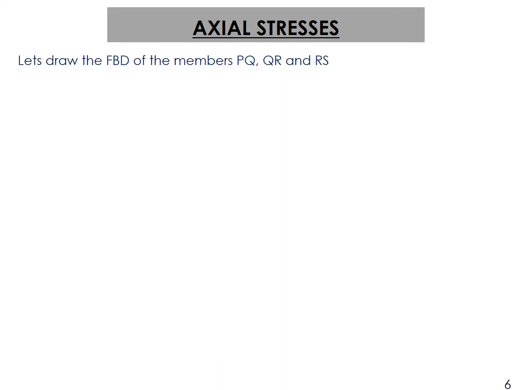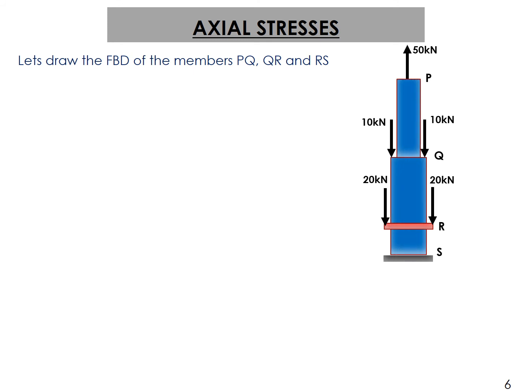Again, about free body diagrams: this is our member. Let's take a first section. As I told you, this section has no fixed position; anywhere in between PQ you can take it. Our basic aim is to find the force acting in member PQ, so I can take the section here also. We are considering the forces acting above this section on this member. Our focus is to find the net force acting on the member with uniform cross section.